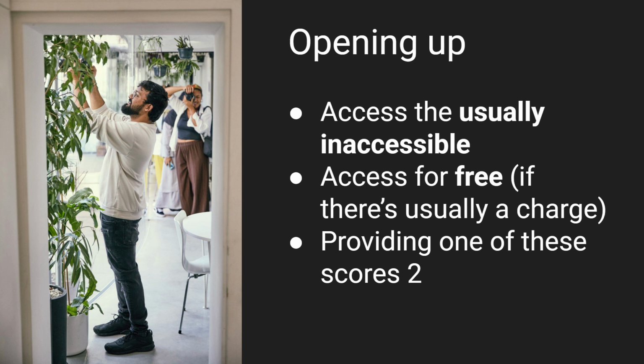If a building, this is often true of a private house, is not accessible to people otherwise throughout the year, then if you open your home for the festival, you're giving people access to the usually inaccessible. That can also be true for access to part of a building. Say you're opening up a place of work or other public building. Maybe there are areas usually open to the public, but during the festival you're going to open other spaces that are not usually accessible to the public. That's another example of giving access to the usually inaccessible.